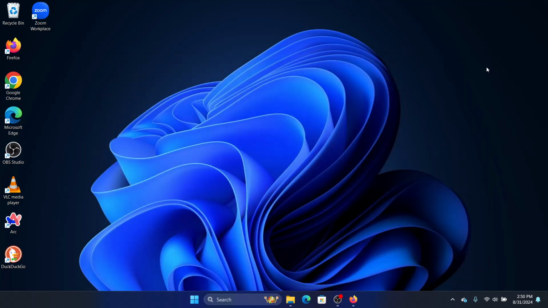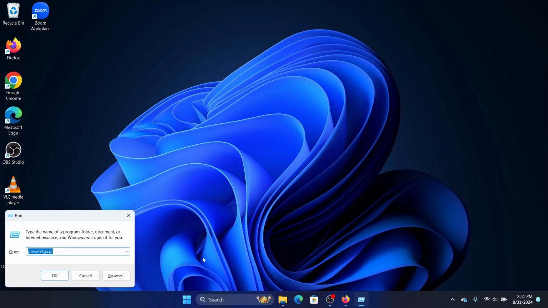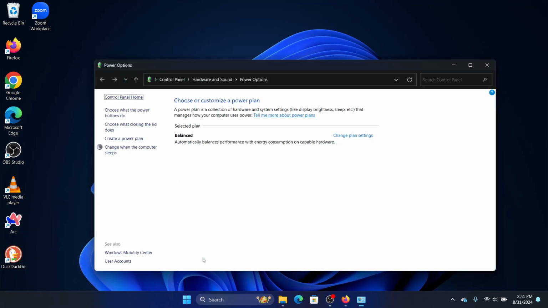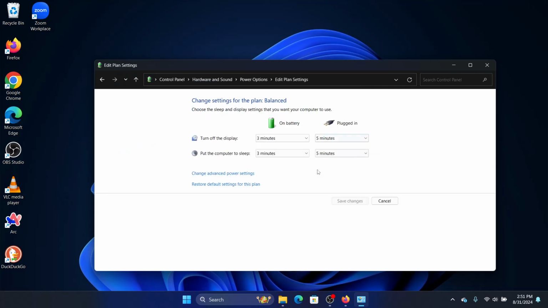Now we also need to restore the default power plan. So what we can do is, again we need to press the Windows and the R button, enter the same command powercfg.cpl, press enter, and click on change plan settings, click on restore default settings for this plan, click on yes, and this should resolve the